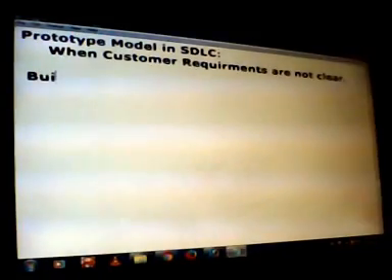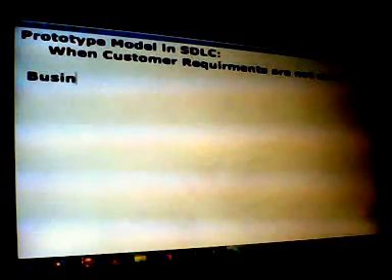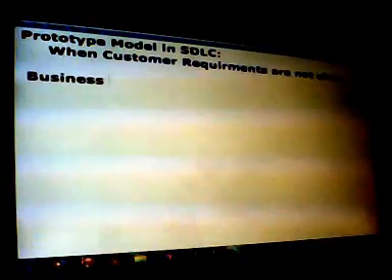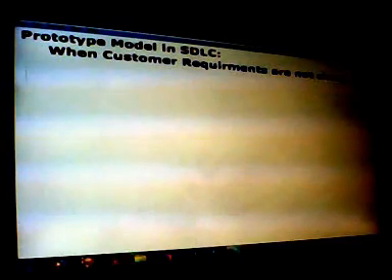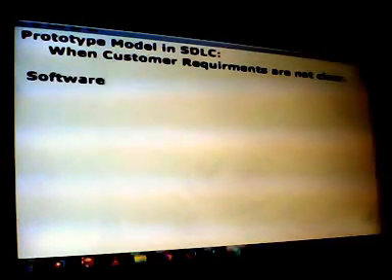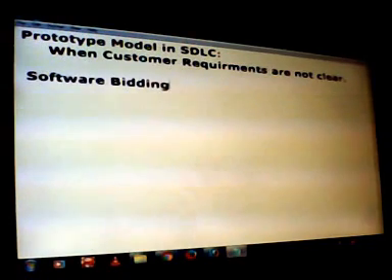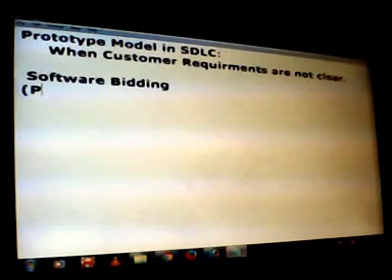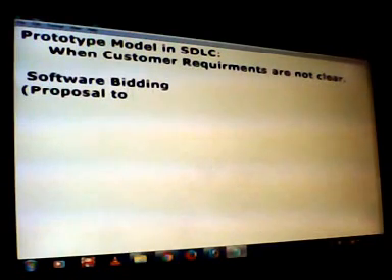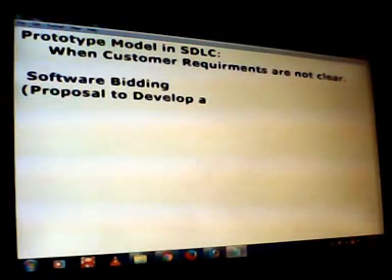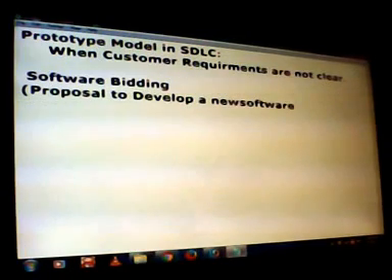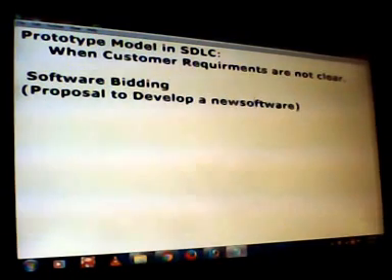Now let us come to this model. Initially this prototype model starts similar to the waterfall model. It starts with software bidding. Software bidding means a proposal to develop a new software. The CEO comes with this proposal.